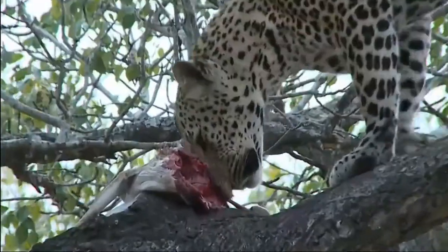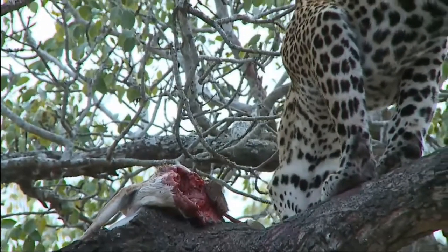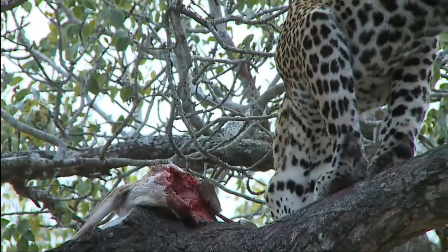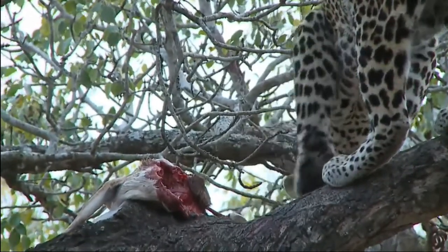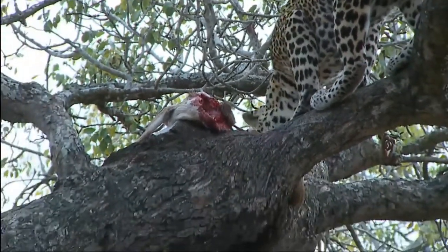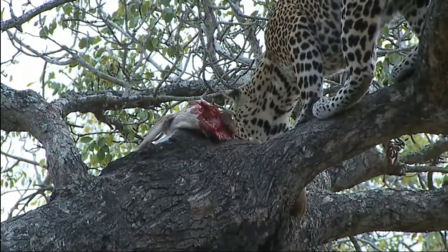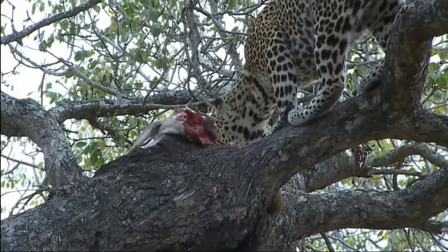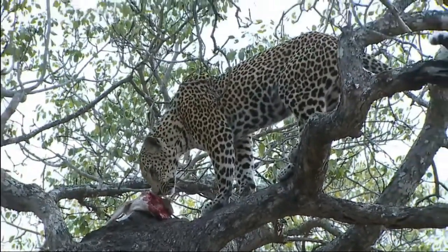Have a look at what he's doing there. Obviously he wants some more food, or he just wants to reposition the kill a little bit. He's just making sure that it's not going to fall out of the tree. Have a look at that balance. Leopard are much more agile